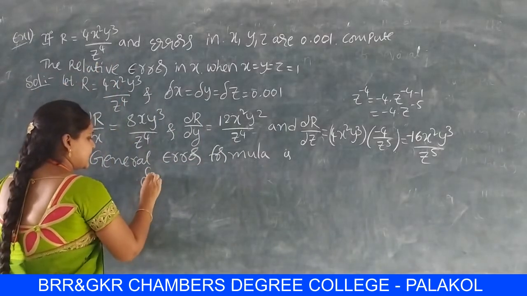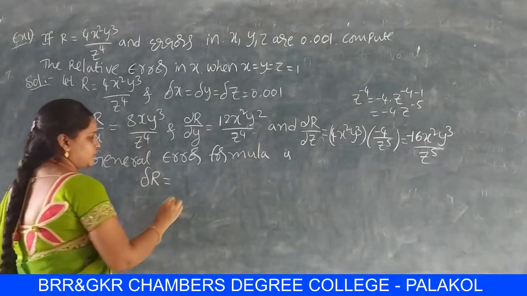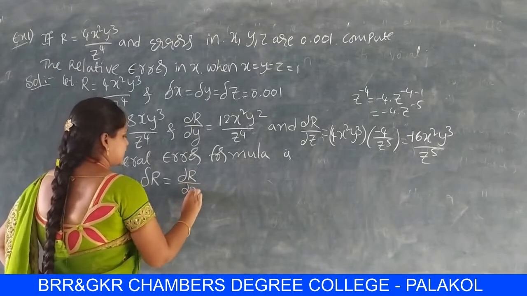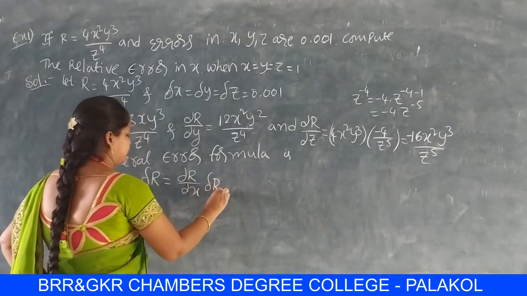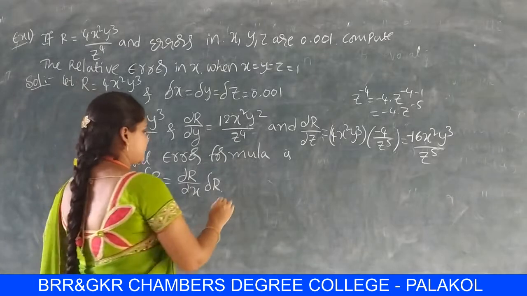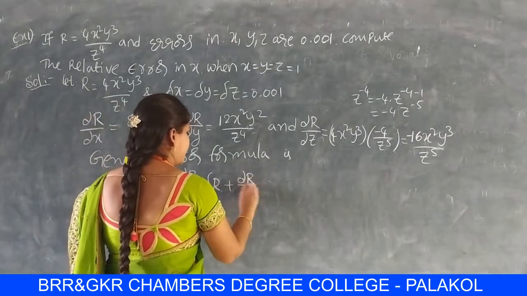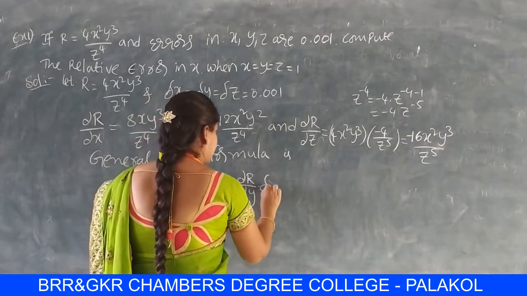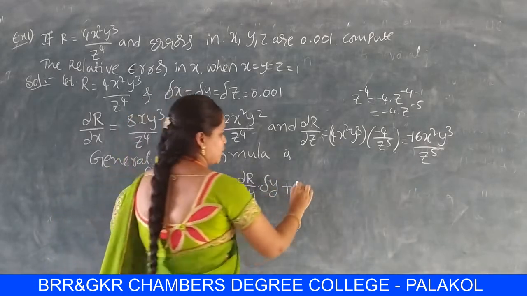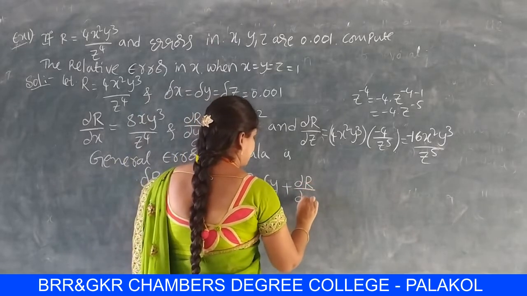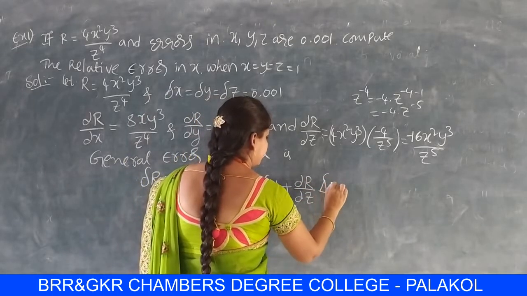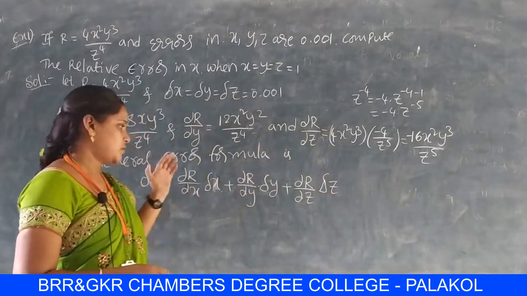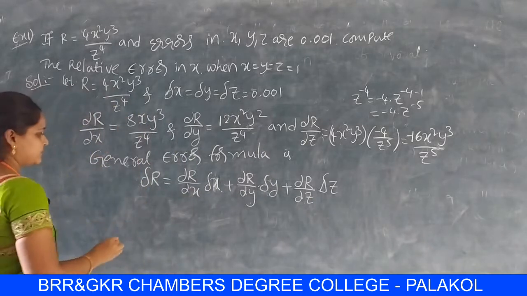Now delta r is equal to dou r by dou x into delta x plus dou r by dou y into delta y plus dou r by dou z into delta z. This is also a general error formula. Now substituting these values,